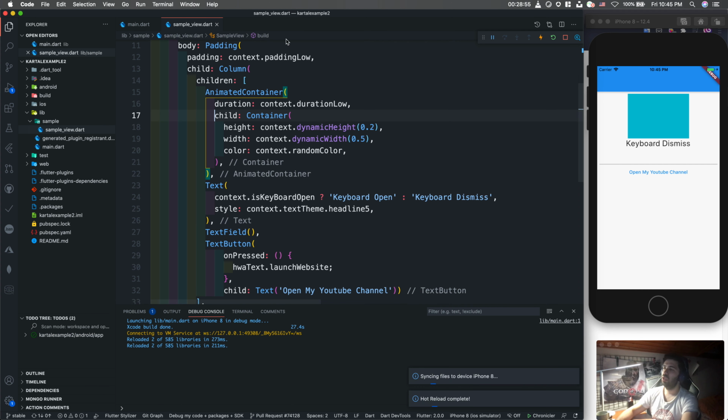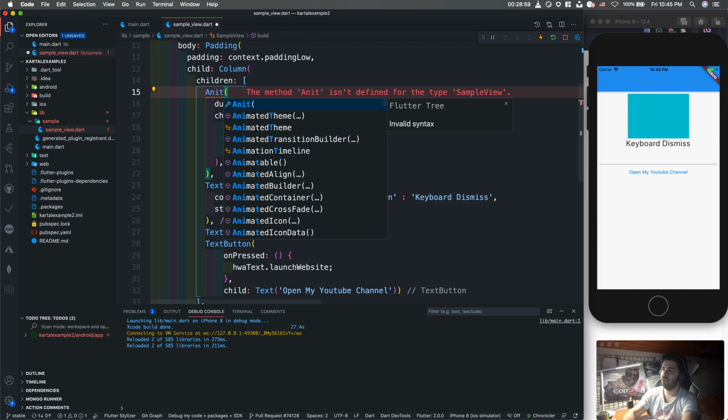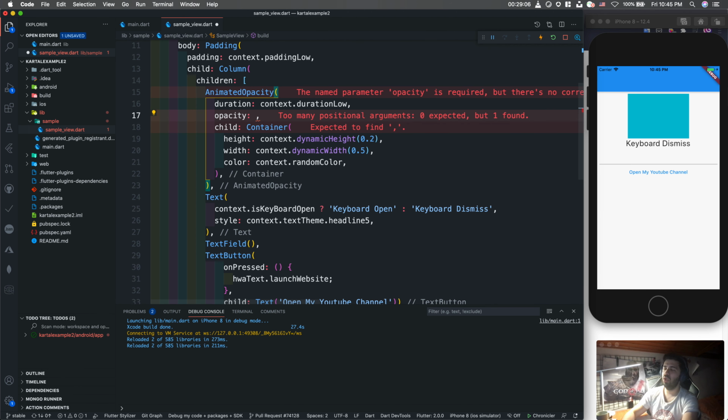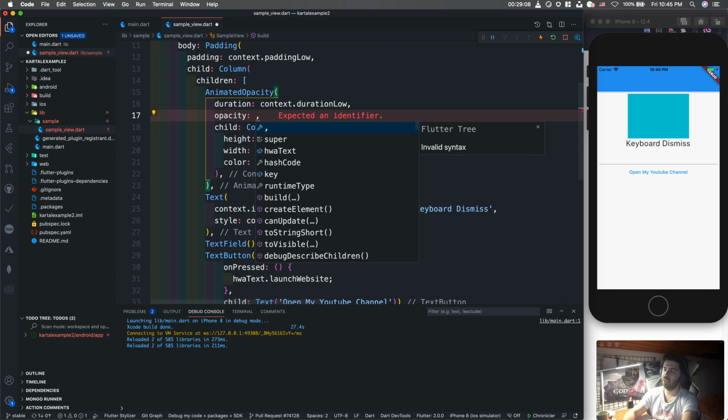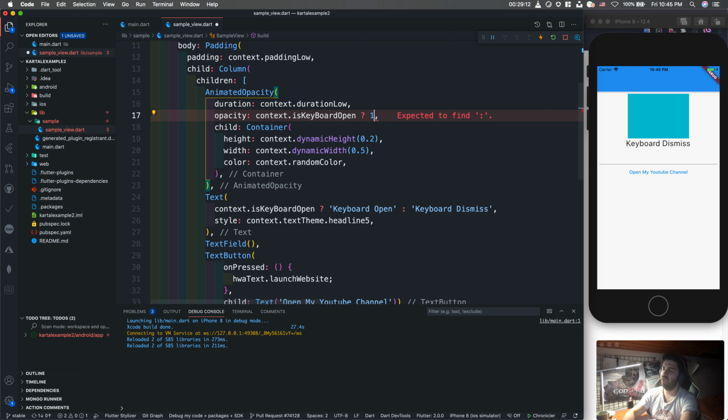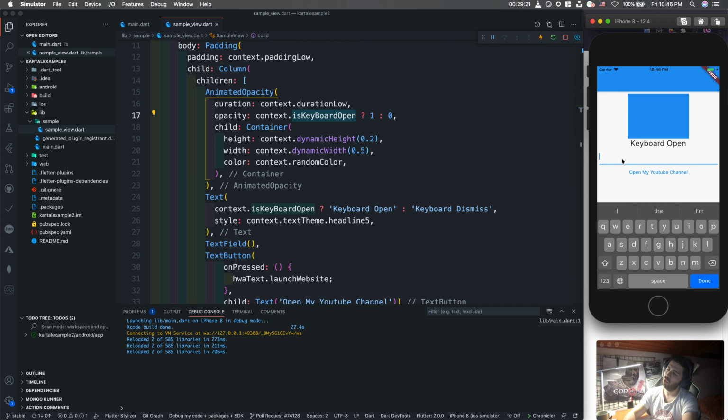So, AnimatedOpacity, sorry, I'm wrong. Opacity. Yes, you need the opacity option. I take opacity and just call is keyboard open, 1 or 0. Okay, now you see that it is 0 because is keyboard open is false. I can open it, and you see that